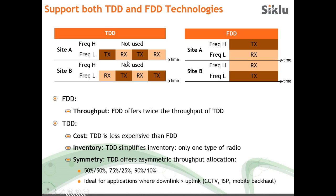We mentioned that they operate in master-slave operation, which means when one side transmits, the other side receives, and basically the master controls the bandwidth to each side, and this is how we can control asymmetrical throughput allocation, all the way from 50/50 to 90/10. And FDD, on the other hand, works on both bands, the high and low. One side transmits on the higher, the other side transmits on the lower, and this brings you the full capacity, full duplex